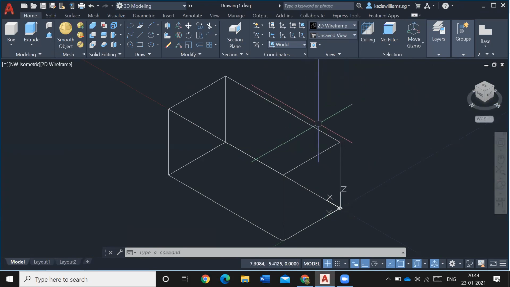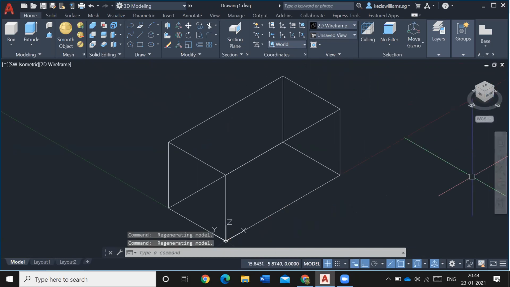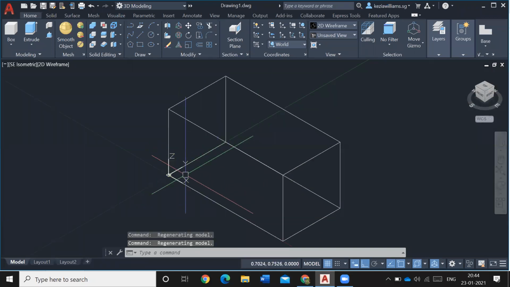Okay. So when you change here, the XY is also rotated together. See, can you see the XY is also rotated to the same position? Okay, so XY also moves in the same direction. This XY is here because we drew this at 0, 0. I want to move this one a little bit further. Okay, I'm not going to draw at WCS.